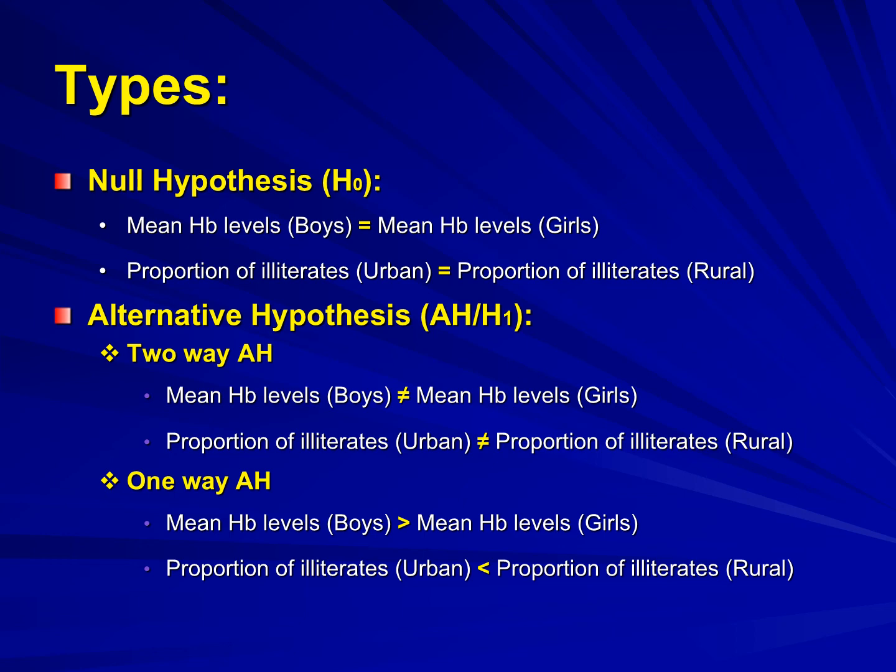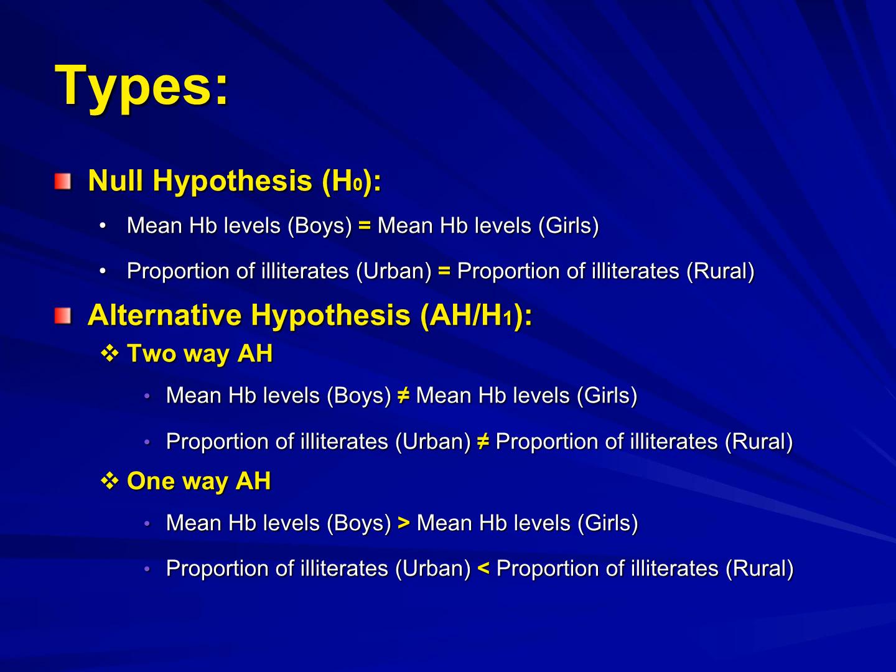Now in terms of alternative hypothesis or research hypothesis, the two-way or non-directional hypothesis, in that case the statement of this alternative hypothesis will state that there is a difference between the proportion of illiteracy between urban and rural areas, but this statement will not specify whether the illiteracy rate of urban area is greater than rural area or not.